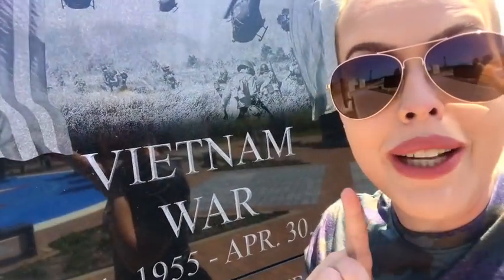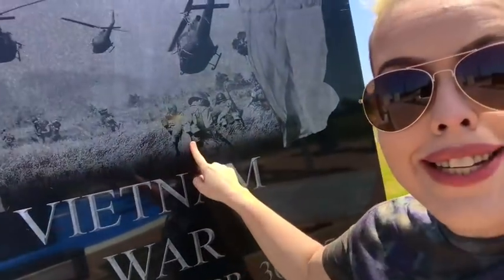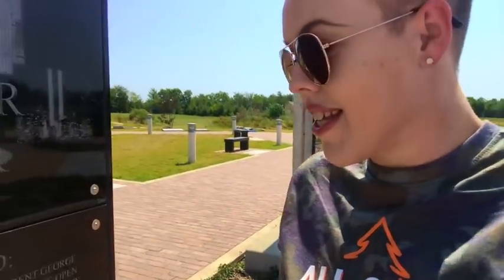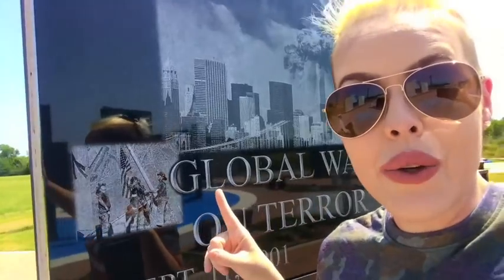Pretty spectacular about this park. All of these are the real pictures. They've just etched them onto the stones. When you're here, you can actually see things that have happened and see the actual people. This is a really cool 9/11 memorial also, so they don't just limit it to those who have served in the wars like Korea or World War I or World War II. It's an overall memorial for our country, so it's really